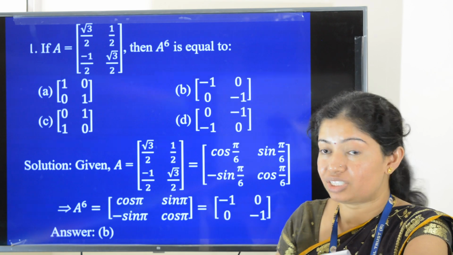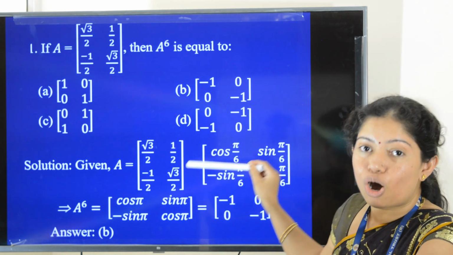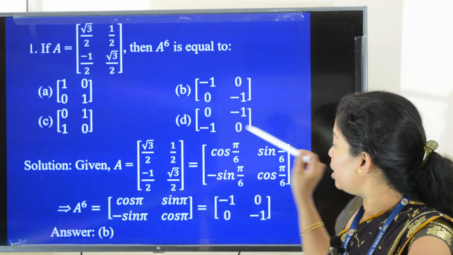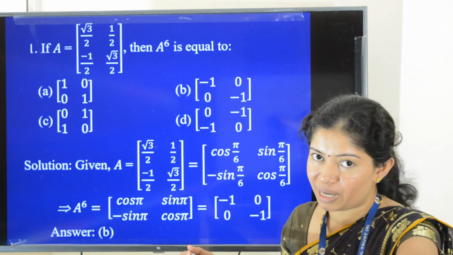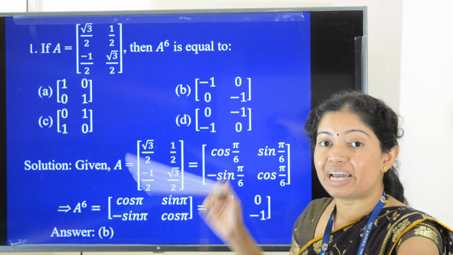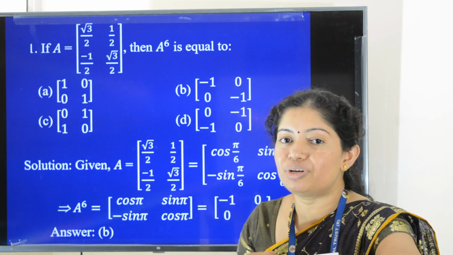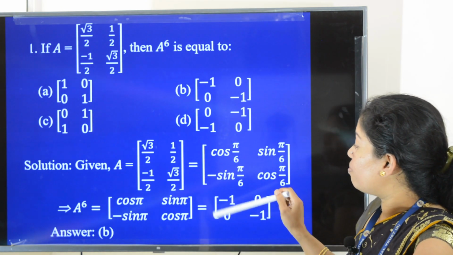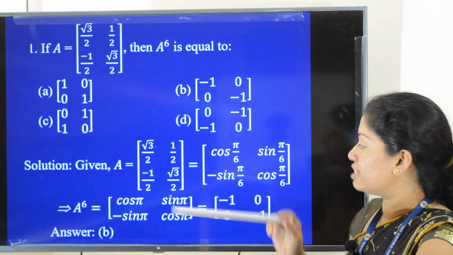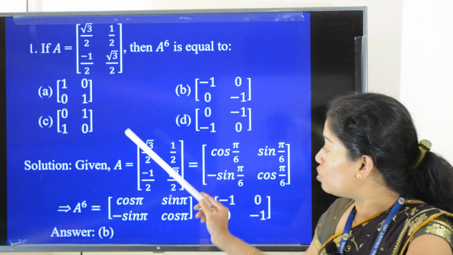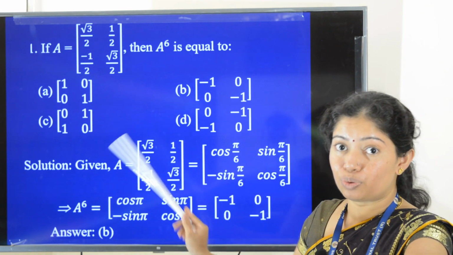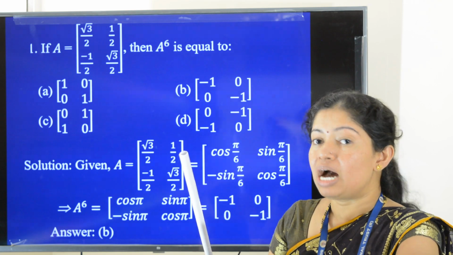How can you write it? You can write this as cos of pi by 6. 1 by 2 can be written as sin of pi by 6. Here you have minus 1 by 2. That can be written as minus sin of pi by 6, and this can be written as cos of pi by 6. So A to the power 6 is equal to, by that formula,